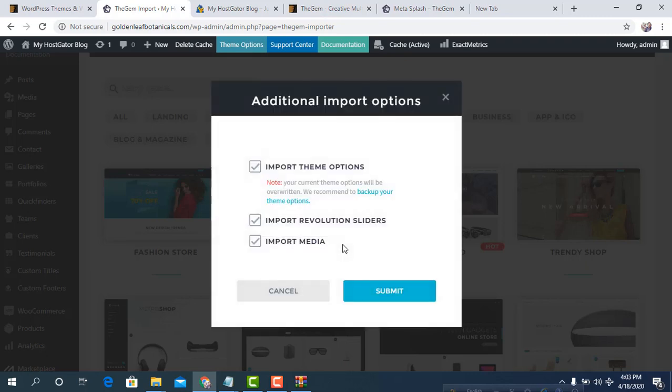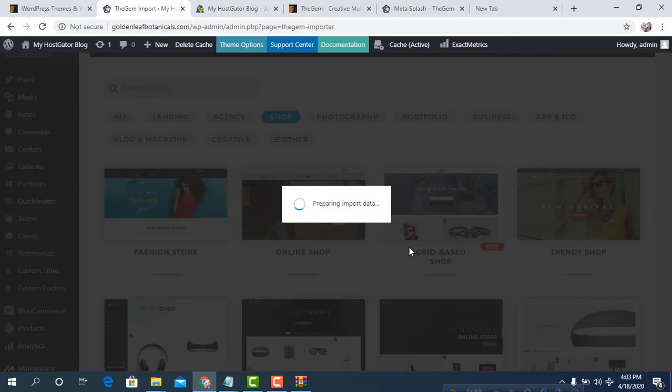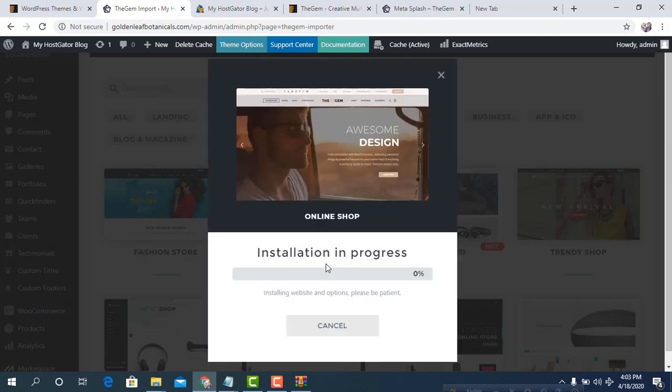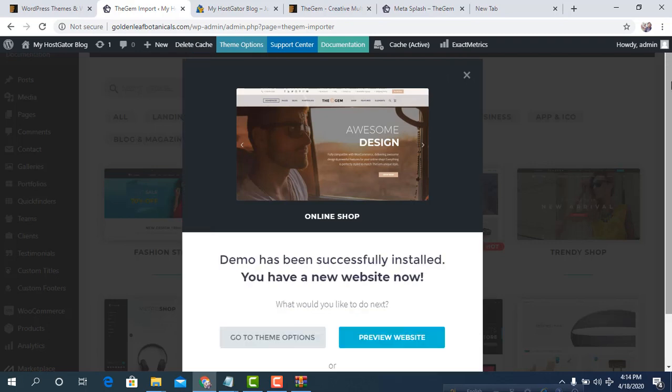So you have to wait and now we want to import theme options. Yes, we want the theme everything, so just simply click on submit and now we can see importing all demo data. So we have to wait some moments, maybe 5 to 10 minutes, and now we can see here all done and simply click on preview website, then we will be able to see the changes and hopefully we will see all demo data or all demo content has installed perfectly.